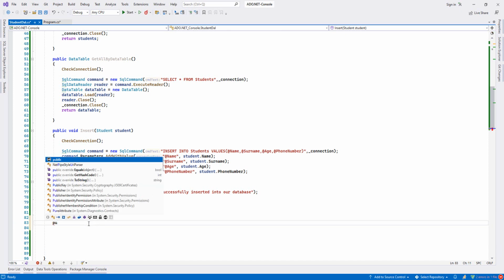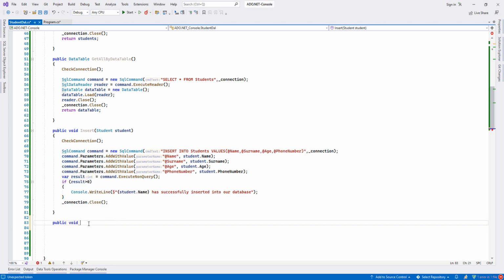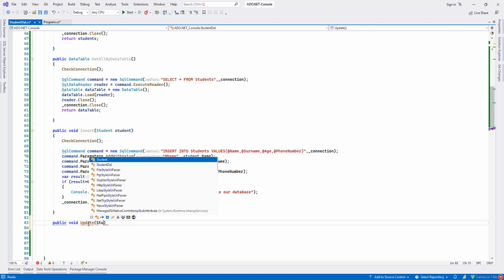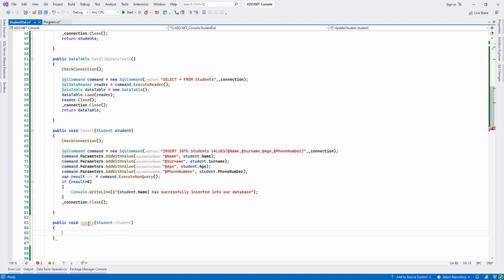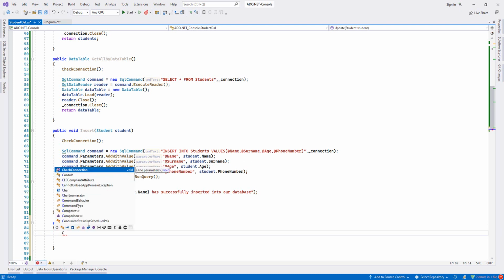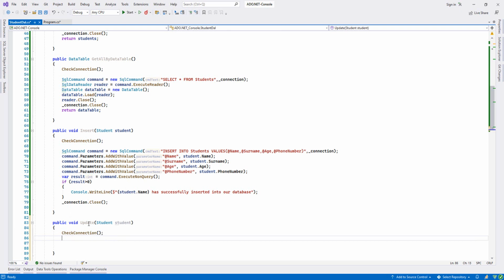I will call it public void, and I will say Update. And then here I will pass through my students. And now, as usually, we'll do our checking connections, if it is closed it will be opened, and then we'll write our SQL command, and we'll say command, we get instance from it, and then we'll write our query. It is update, and then we'll say students, and we'll write set,